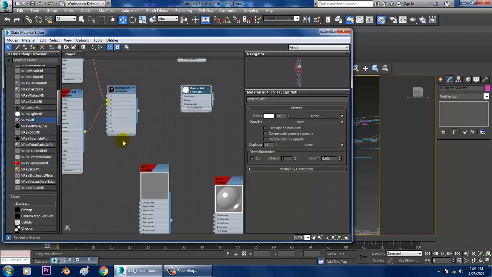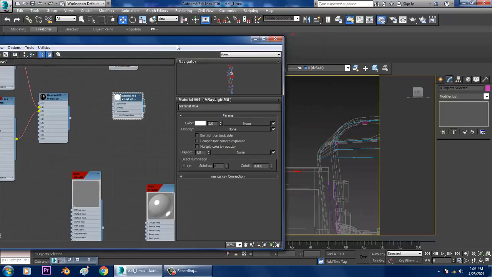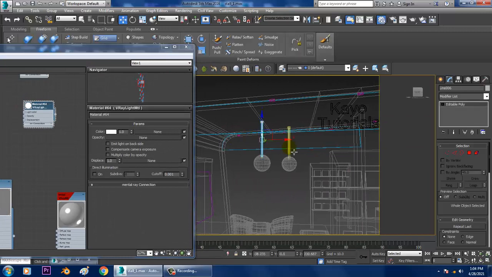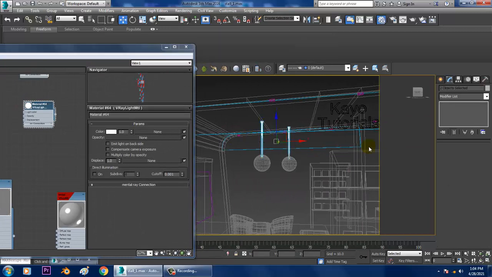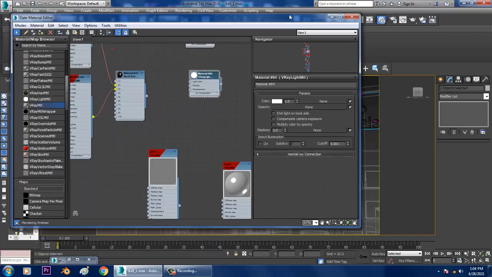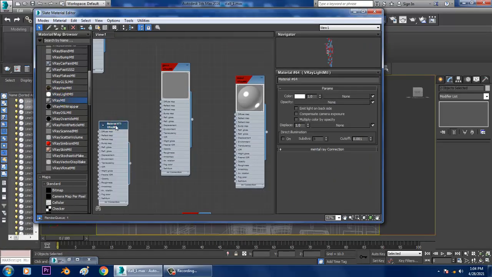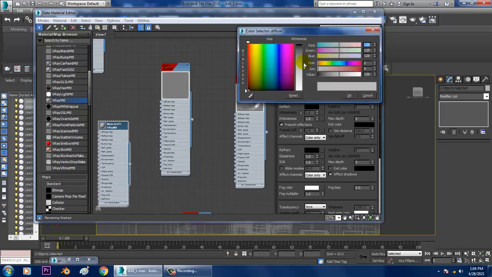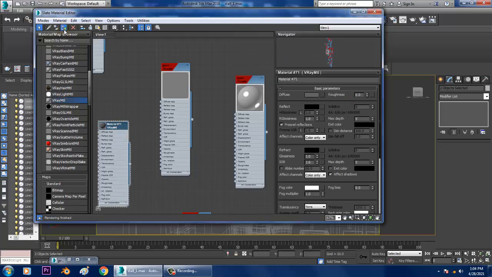So go into material, V-Ray light material, and select this and this, and let's take a V-Ray material and let's give a bit of a grayish color to it.